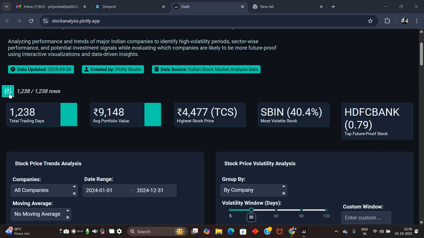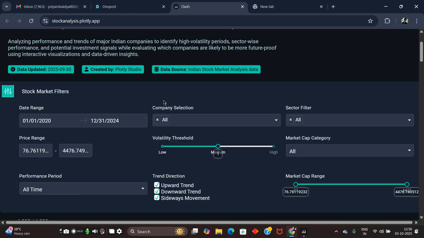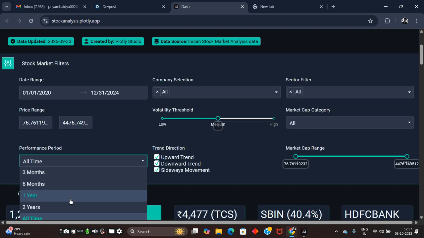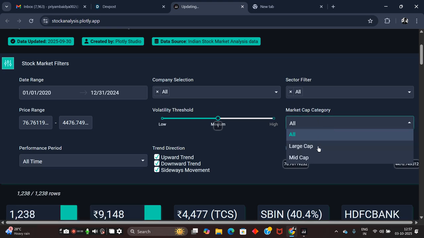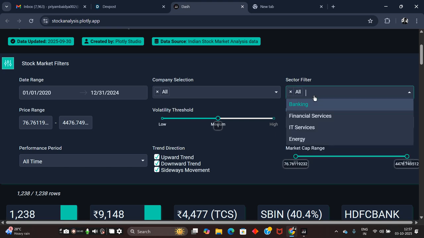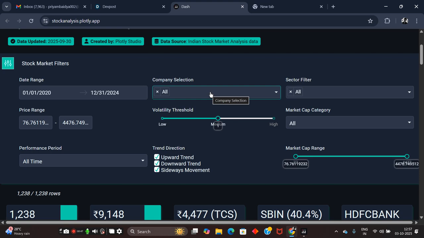So what does it actually do? We can filter by the date range, the company sector, the market price range, and the performance period gap. We can choose 1 year or 3 months. And this is the market cap category: large cap, mid cap, and so on. The sector filter means financial services, IT services, or banking, which we want to see the current scenarios in the stock